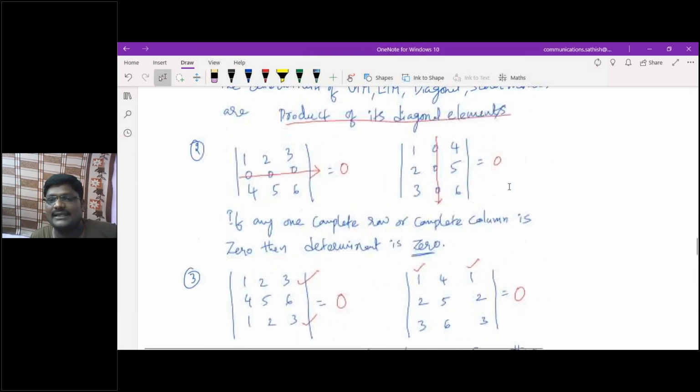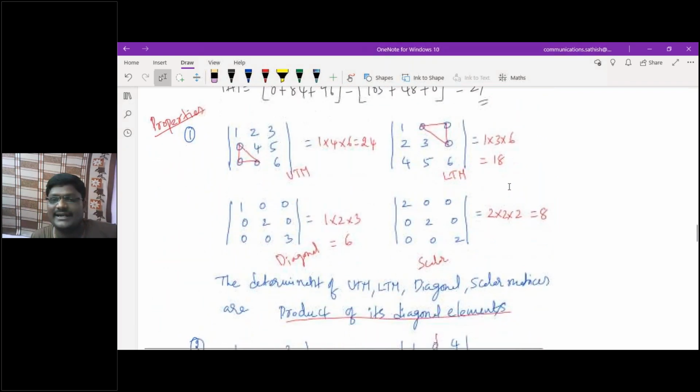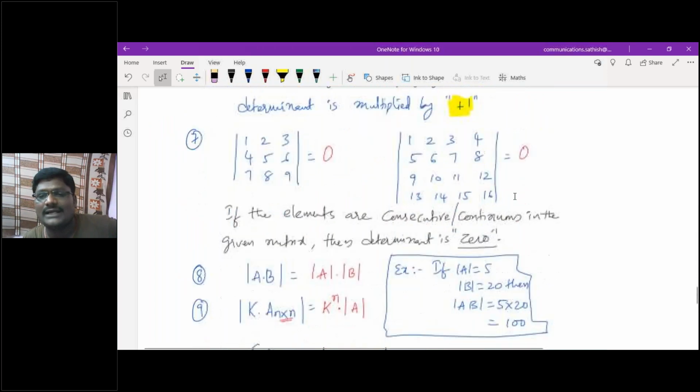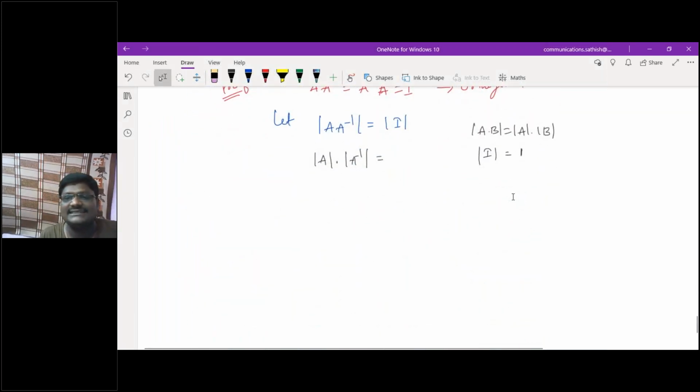See, I have just given a property here, the first most property in your determinant. See, instead of this 2, if I keep 1, 1, 1, 1, this seems to be your identity matrix or not? The determinant of 1 into 1 into 1 into 1 is 1. So always, irrespective of the order of your identity matrix, the determinant of the identity matrix is equal to 1. Am I correct or wrong?